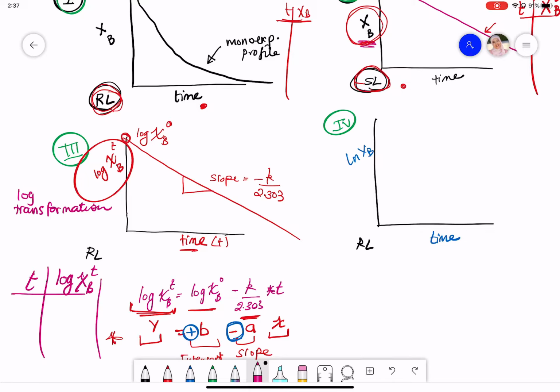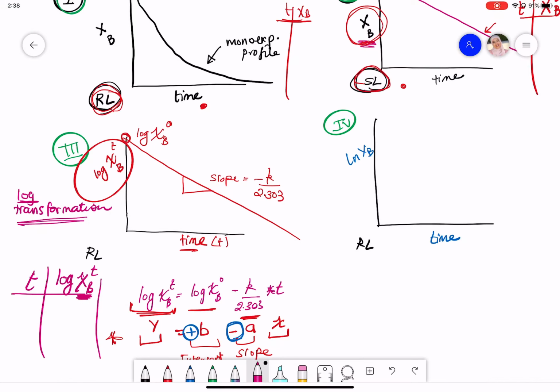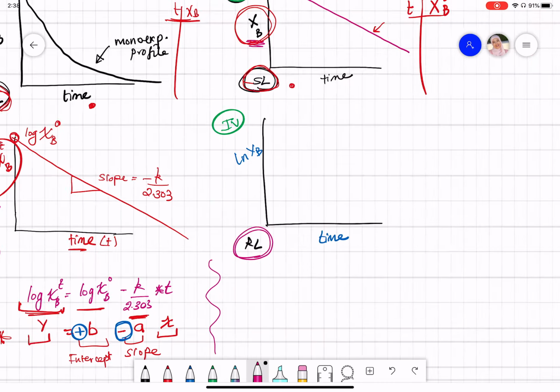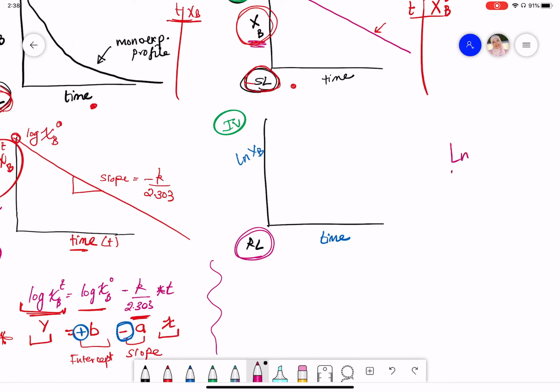So that's why we are transforming the numbers that we have. We are not anymore drawing Xp versus time. We are drawing log Xp versus time. And it's on a rectilinear profile for sure. The same thing would be for the ln transformation. Again, this is ln transformation,